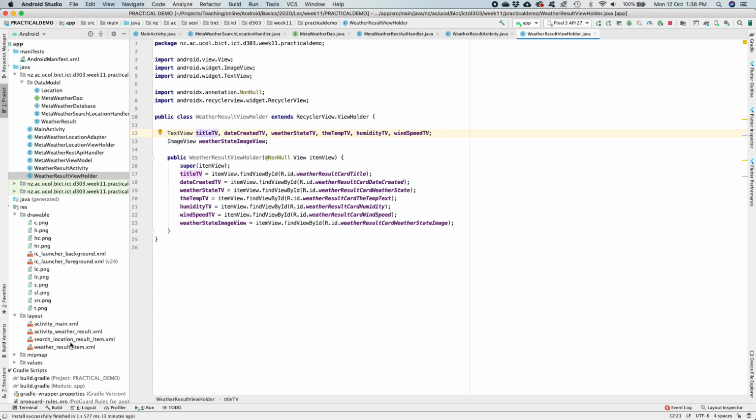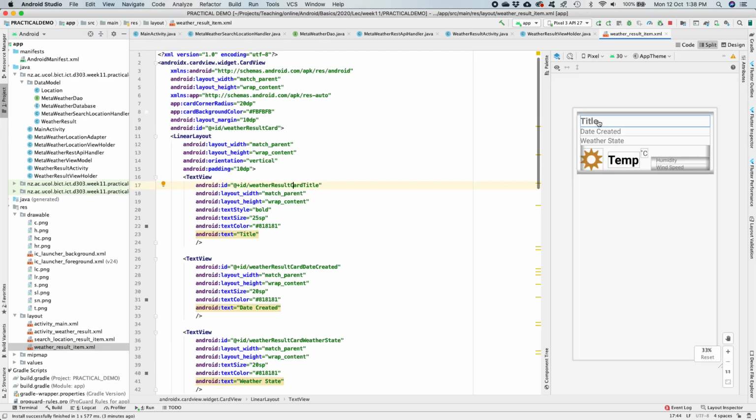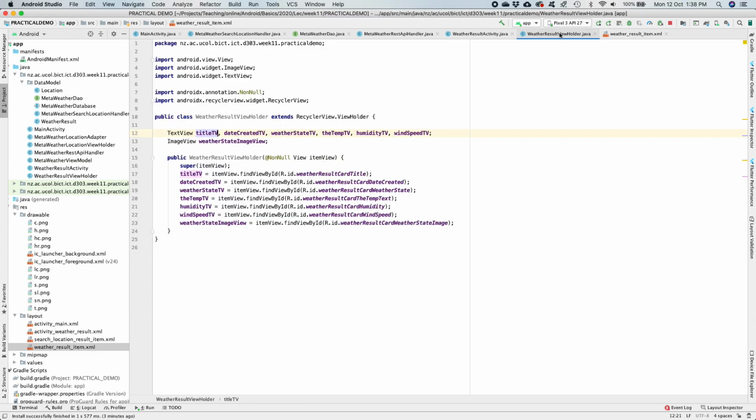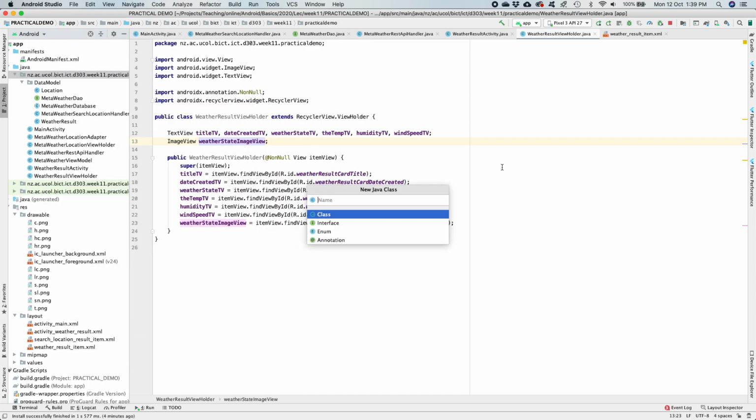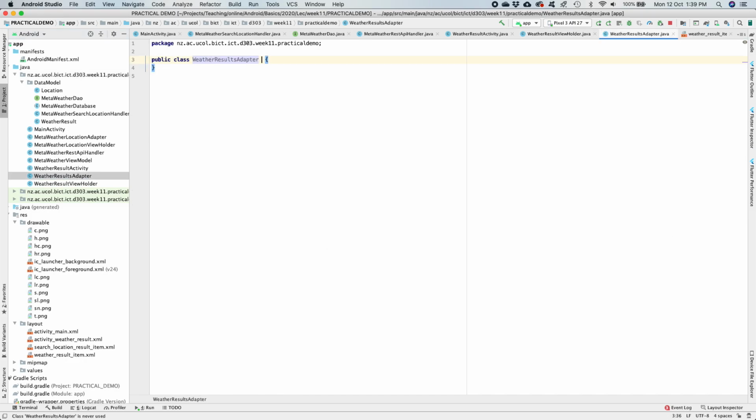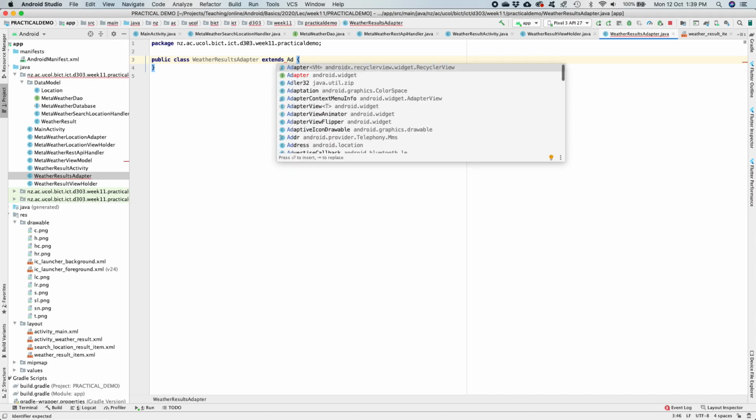If I open that particular result item, we have text view, text view, text view. This is also a text view, this is also a text view, this is also a text view, and this one is the image. So we have one image and the other text views, and then initialize them for the view holder. Then we also need to have the adapter. So here we have WeatherResultsAdapter, and it should be an adapter